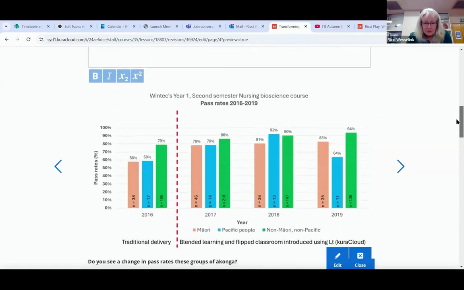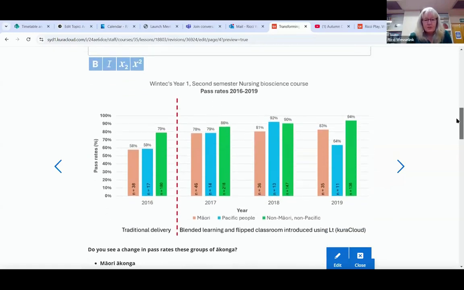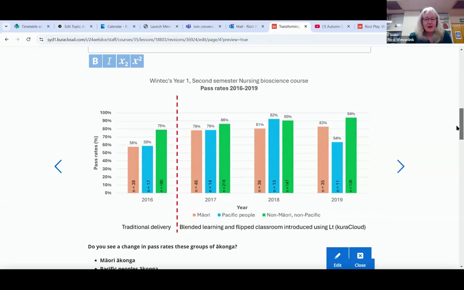This is where the magic happens down here. These are our pass rates. So you saw those pass rates earlier in 2016. But look at what happens in 2017. There's a massive jump for all of those groups, particularly our Māori and Pacific students. Our Pacific students, we have a small number. So that number can fluctuate quite a bit depending on the number of students that we have. But this was particularly pleasing here. Bit of a drop down here, but on the whole, the trend is an increase in pass rates